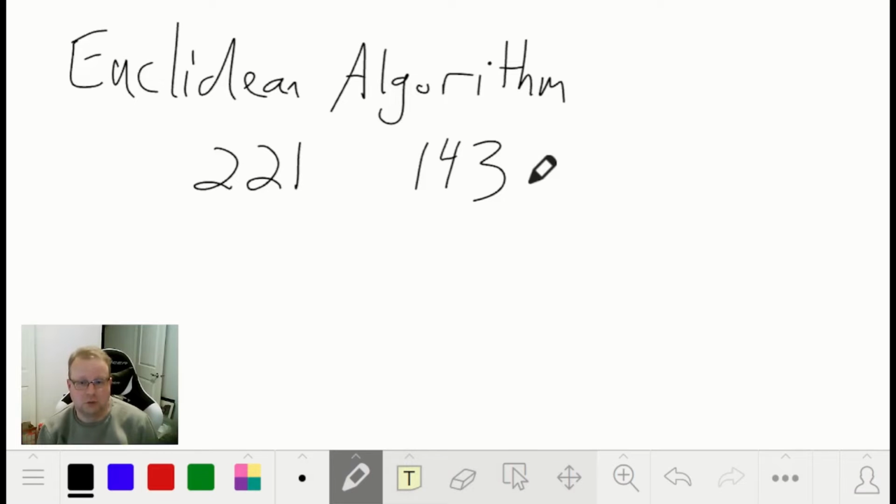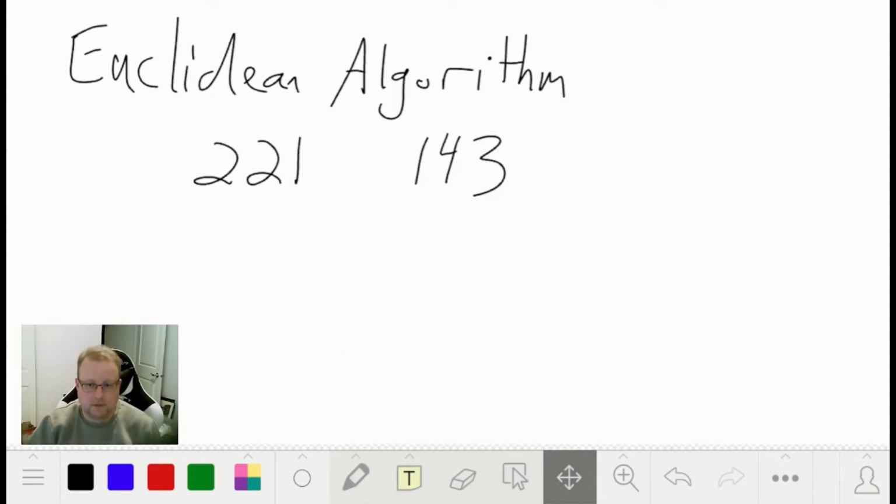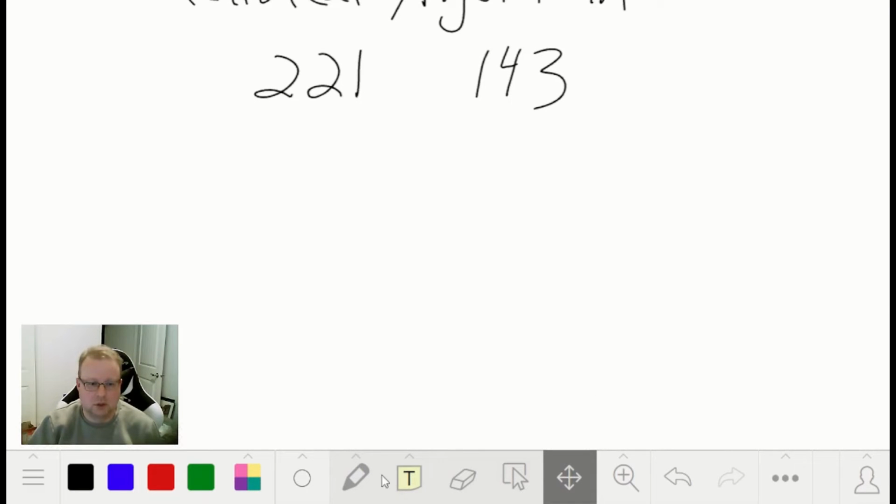The advantage to the Euclidean algorithm is that it works with absolutely any pair of integers. We can find the greatest common factor of any two numbers, even if it's only one. So that is the big advantage of the two. I say integers. If you have negative numbers, you treat them as positive and look for the positive factors in most cases. So what you want to do is take our larger number